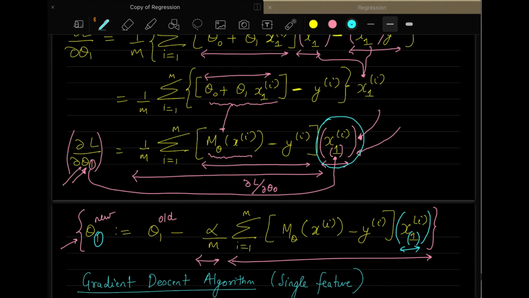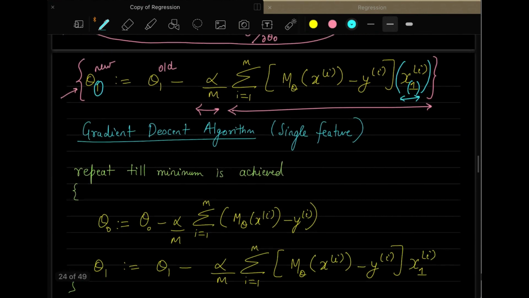This is just a simple derivation and some observation that I tried to tell you, and you will get to know more of it when we discuss the advanced version of this. Then you will come to know what I am exactly telling. So this is the derivative of the loss with respect to theta 1.